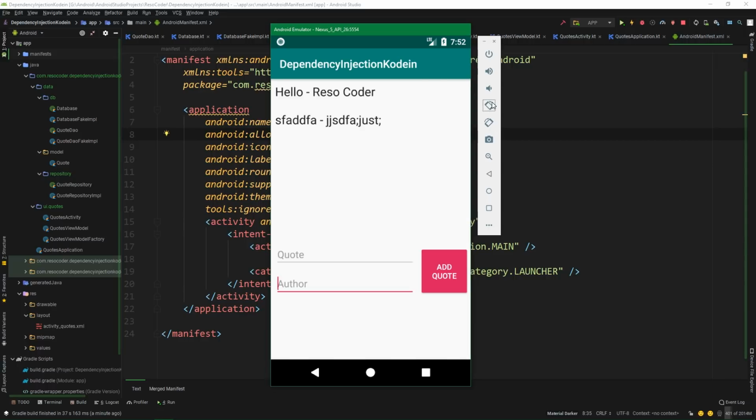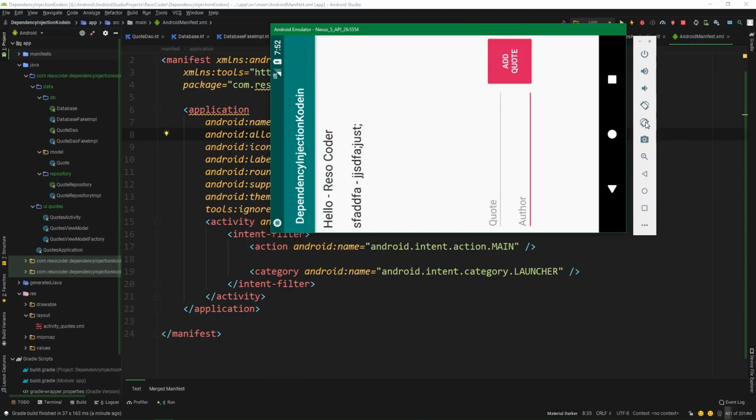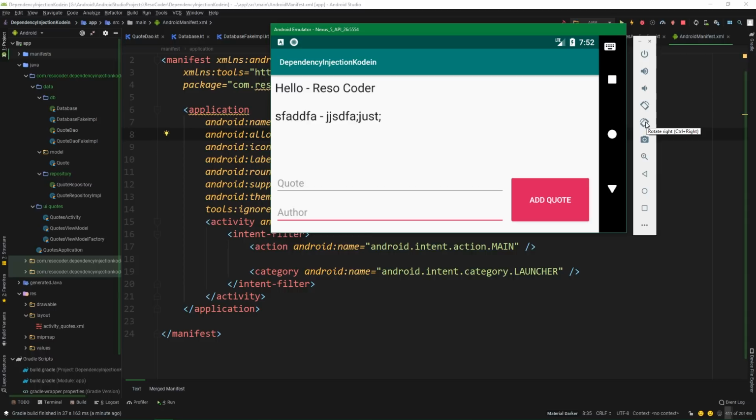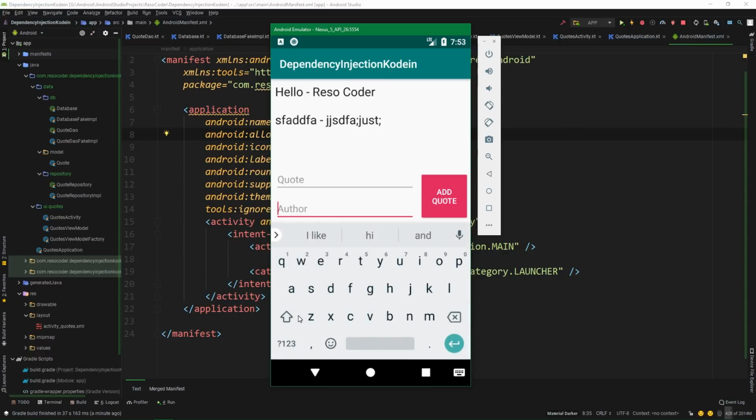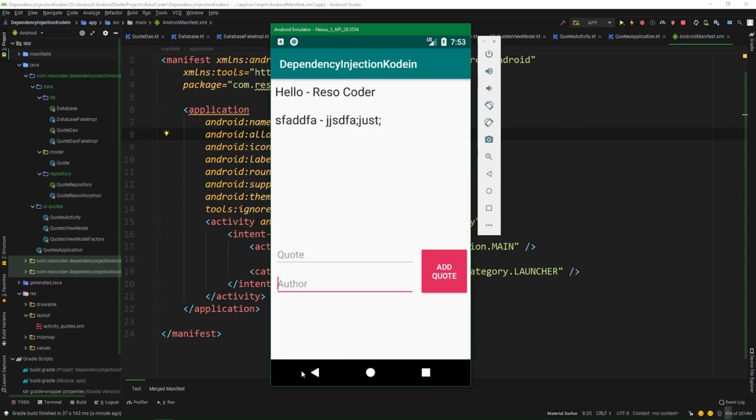And now let's test the rotation. All right, so it's going to rotate, and that works also. Now rotate it back, and that works too. So yeah, we have a working app. In this tutorial, you learned how to structure your app properly and also how to use dependency injection with the